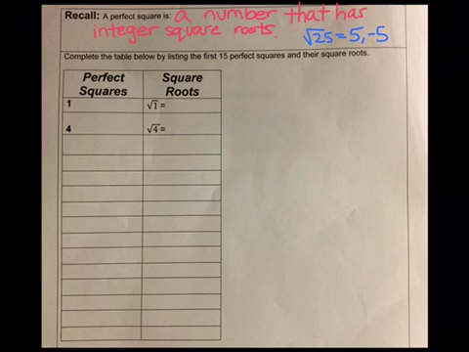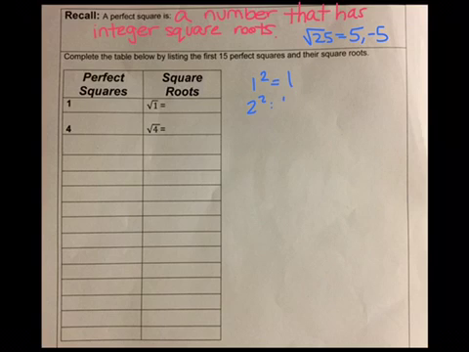Alright, the next thing I want you to do, and I know this looks like a lot, but you know this already, is to complete the table below by listing the first 15 perfect squares and their square roots. So I want you to pause the video and try this on your own before you look at the answers. Now, the way I like to do this is I go to the side and I do 1 squared is